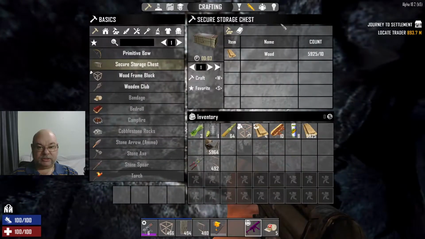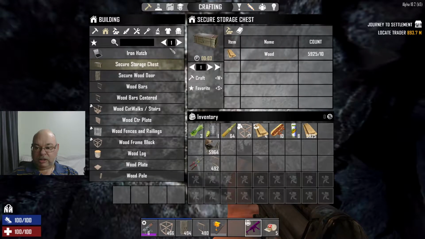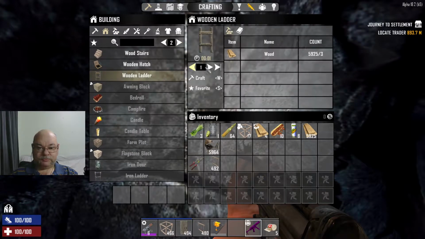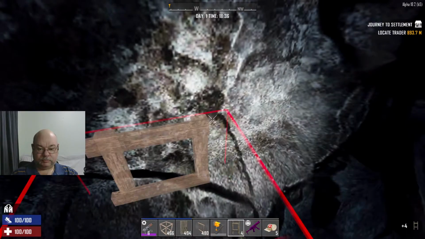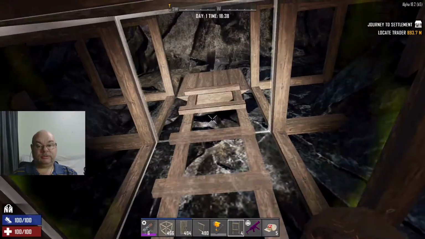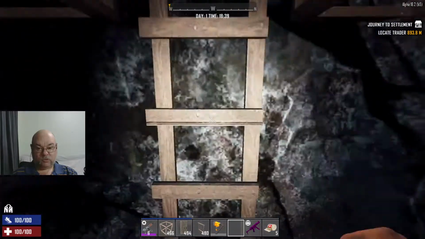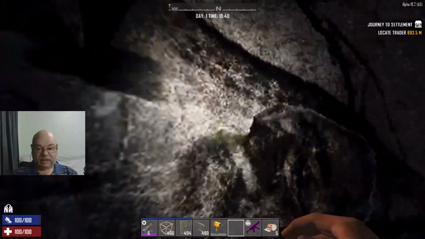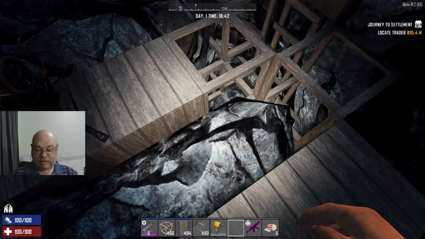And then I need ladders, don't I? I can make ladders. I only need a few of them. I need 4. Which way am I facing? Yeah, very good. So 1, 2, 3, and 4. So now I can get back out again. And yeah, at this point then,